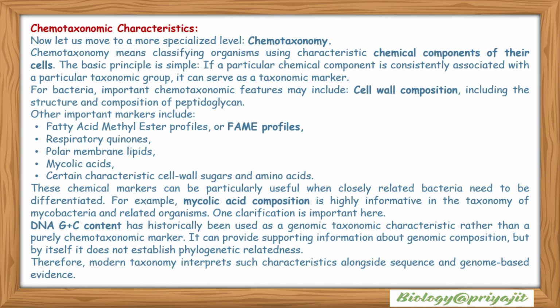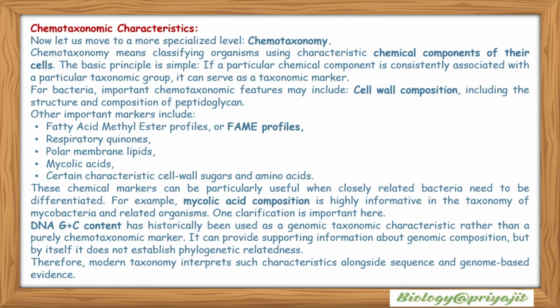Chemotaxonomic characteristics. Now let us move to a more specialized level, that is chemotaxonomy. Chemotaxonomy means classifying organisms using characteristic chemical components of their cells. The basic principle is simple. If a particular chemical component is consistently associated with a particular taxonomic group of bacteria, it can serve as a taxonomic marker. For example, we can say that cell wall composition, including the structure and composition of the